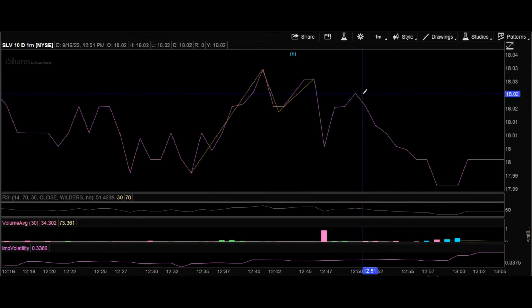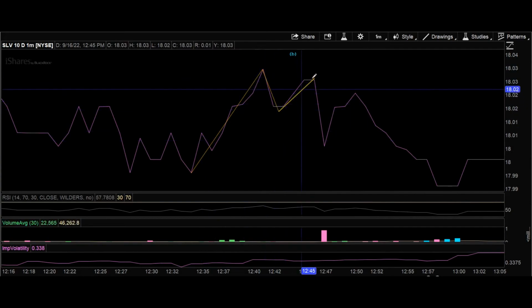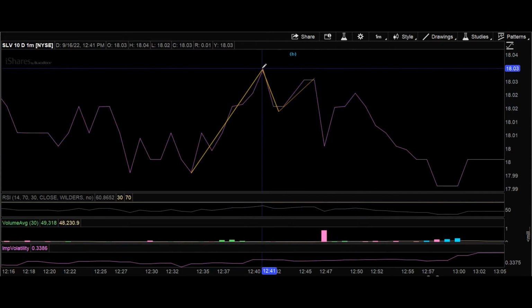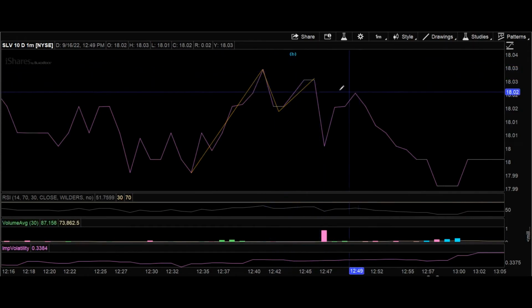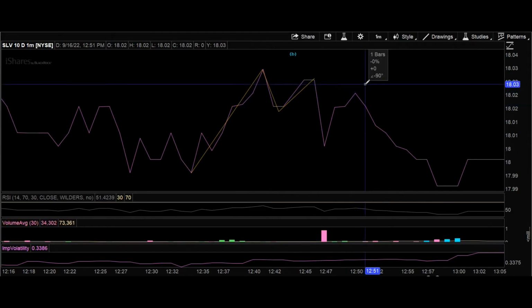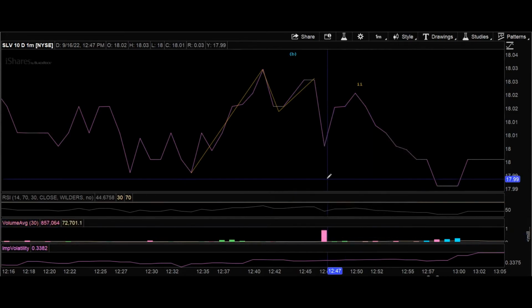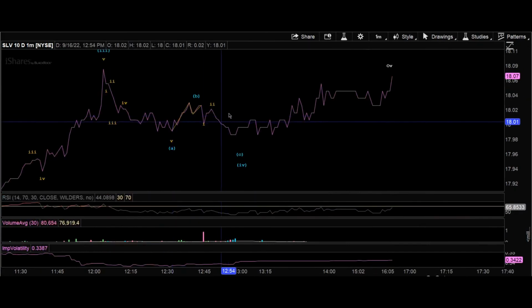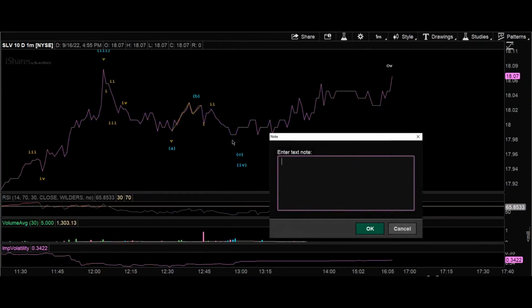And the reason why I do that is because we need to get a 1, 2, 3 move, and we also need to get a retracement that doesn't completely wipe out the prior move. So it could be either of these peaks starting it, but I think this is the best. I'm going to call this right here a retracement for 2. Call that a 1. Zoom out a little bit. Zoom back in. 1, 2, 3,